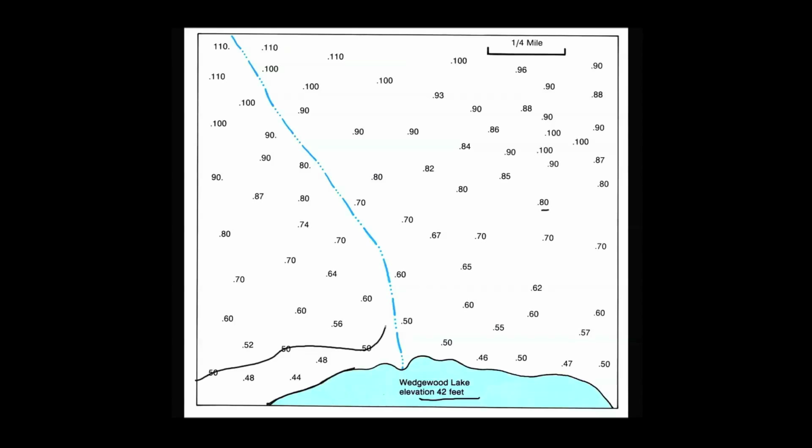So I'm connecting every 50-foot point. And you'll want to remember that when a contour line crosses a stream, it forms a V, and the V points in an upstream direction. And notice that I've drawn this line that goes through the 50-foot points, and everything south of that line is lower than 50 feet in elevation. Now I'm going to work with the 60-foot elevation. Again, make a V as I go upstream, cross the stream, stay on 60 feet.